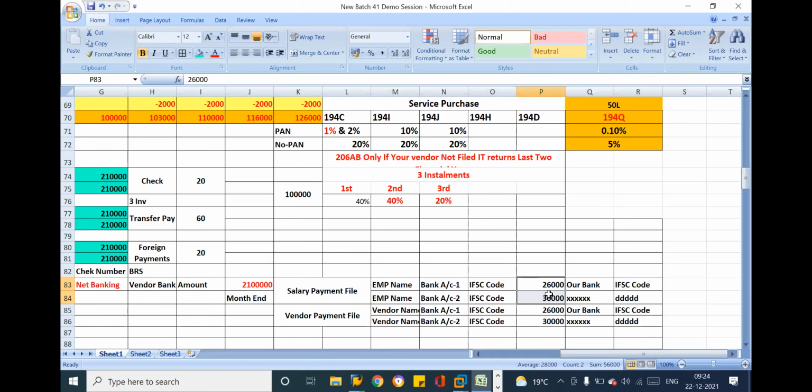Employee salary is fixed for 6 months or 1 year, and in this case everyday payments can be different. My invoice amount is different, my payment amount is also different. Then our bank details are again the same. These are the beneficiary bank details, the beneficiary to whom we are going to transfer the funds, and our bank details. And this is not a month ending activity. Big organizations do this as a